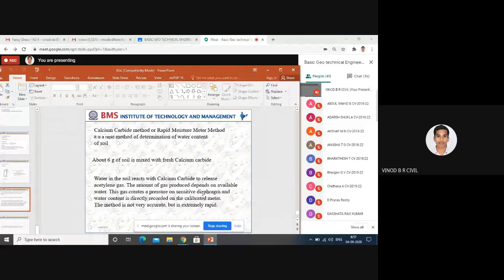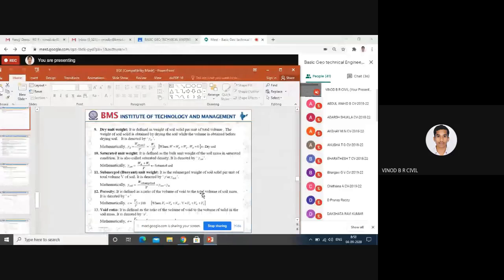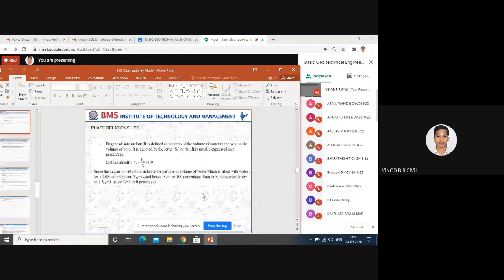See, today what are the relationships we discussed? These are all very important from the exam point of view. Out of 9 derivations, you can expect 2 to 3 derivations, that is 100%. You can expect 6 to 7 marks, sometimes 8 to 9 marks. If you have any doubt with respect to derivations, now you can ask, because these are the basic relationships or mathematical expressions for upcoming classes.